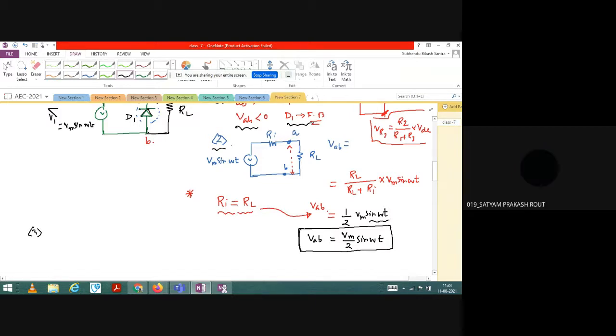Sir, my question is, why do we take Ri equal to RL? That is a special case. If you do not like it, Ri may be very much less than RL, or there may be a case that Ri is very much greater than RL. The three cases are possible. Understood? I am taking one case, Ri equal to RL, for simplicity, to make a point after the discussion. If you consider Ri very small compared to RL, then basically I can represent that VAB is nearly equal to Vm sin omega t.